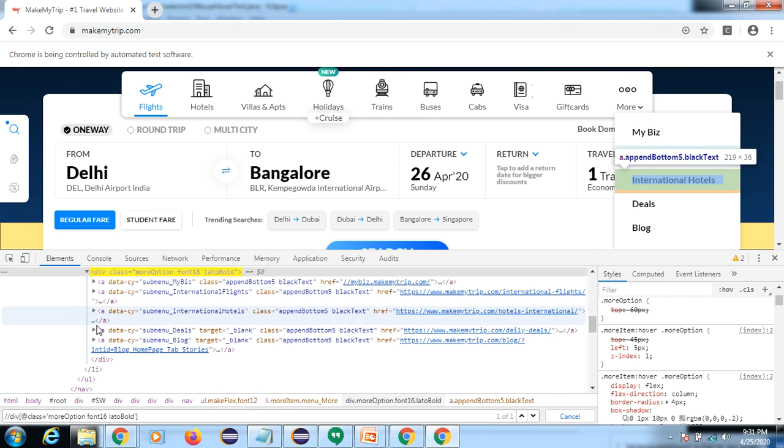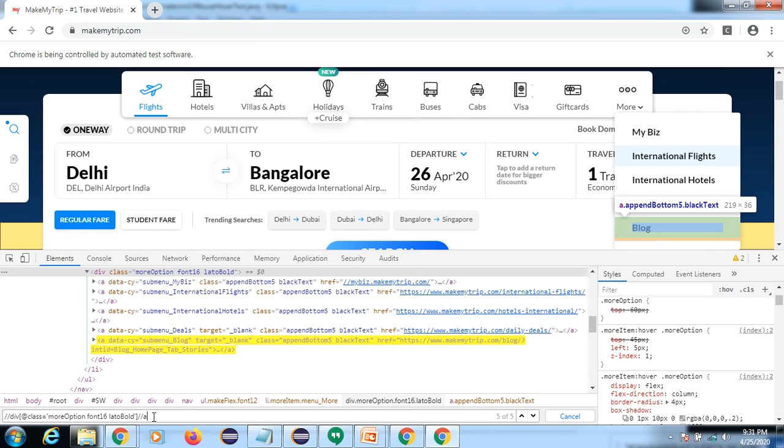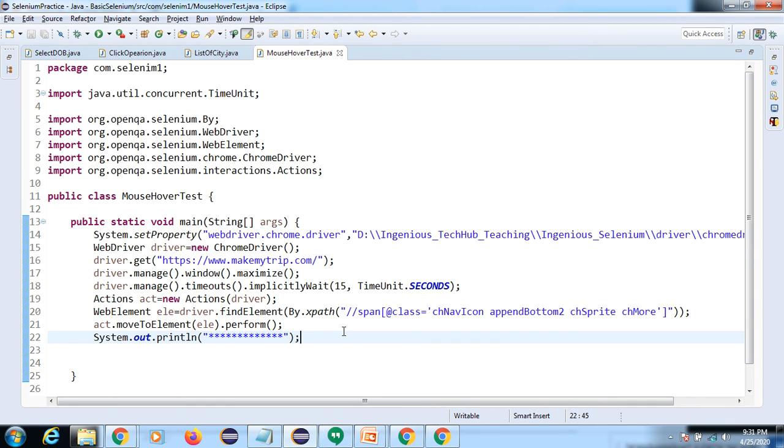So what you can do, we need to select, then again we will use double forward slash and this, so it has selected all. This is the common scenario they will give you. This scenario will come inside the Actions class. Sometimes a different UI comes, and we need to find out why this is not performing, and what else we need to perform.